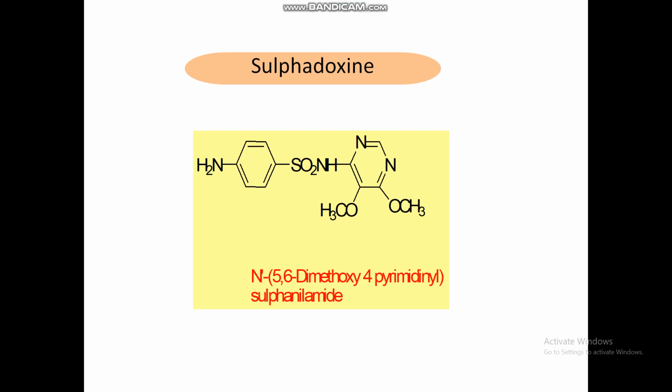Sulfadoxine interferes with the parasite's ability to synthesize folic acid, and pyrimethamine inhibits the reduction of folic acid to its active tetrahydrofolate coenzyme form. So the synergistic antifolate combination of sulfadoxine, a long-acting sulfonamide, with pyrimethamine is used to treat